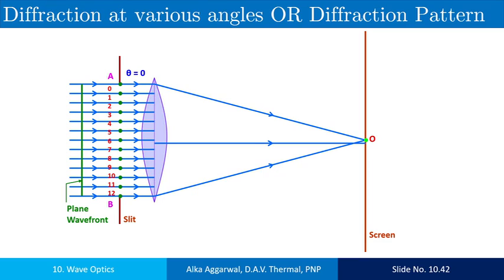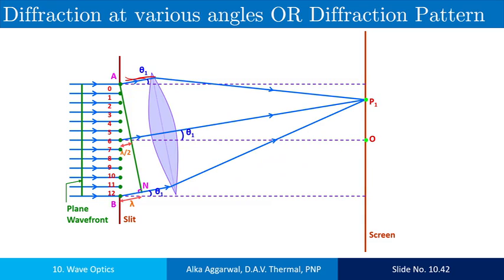When all the rays travel in the same direction, they pass through the same path and reach O in the same phase, and we get a maximum intensity there. Now when they reach the point P1, say P1 is the point of minimum intensity. To explain how P1 is the point of minimum intensity, we divide the slit into two parts. Say the path difference across the slit is lambda, so the rays coming out from the point A,